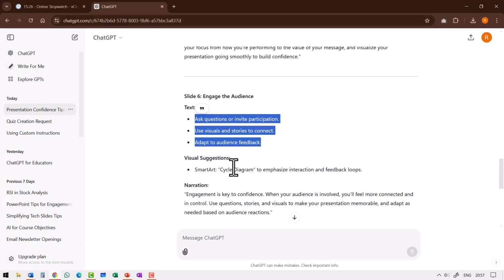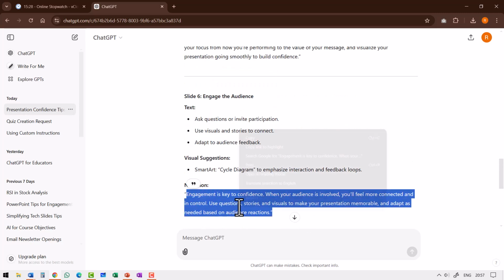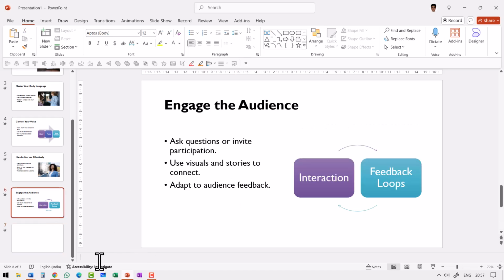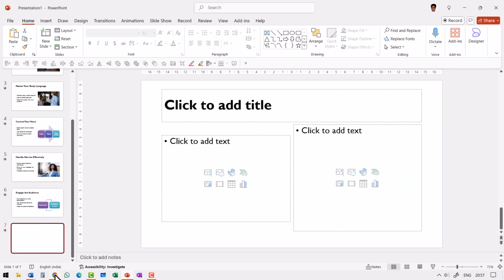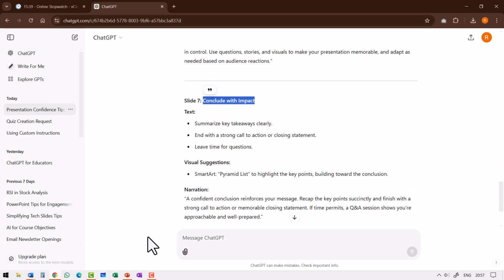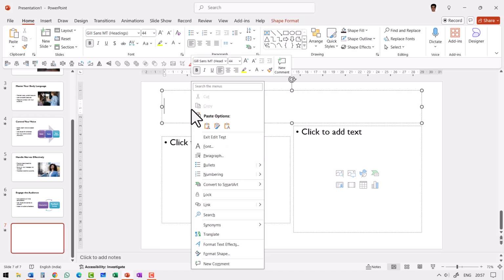What does it say? Oh, okay. So we need to add the narration. So let us go back. I keep forgetting this all the time. Perfect. And the last slide is, okay, conclude with impact. Nice. So go here and say